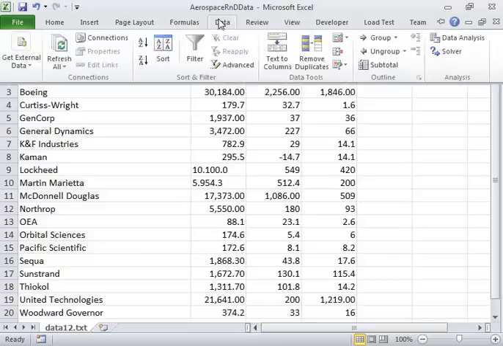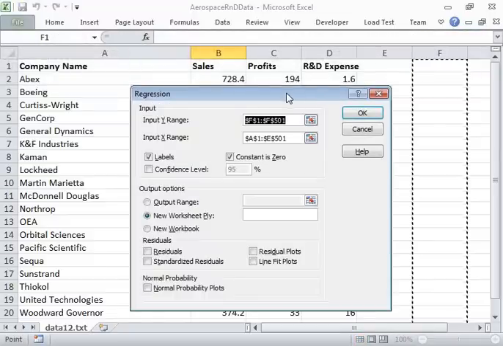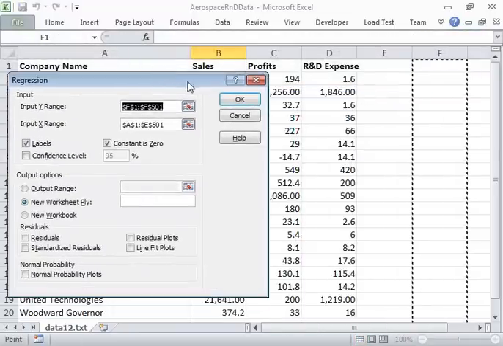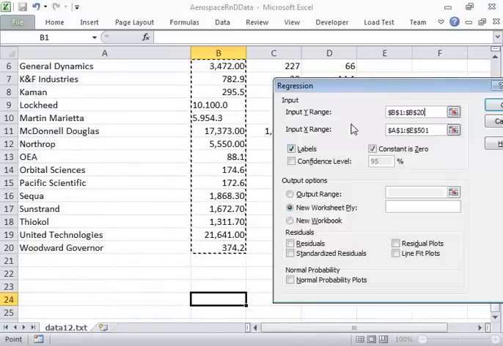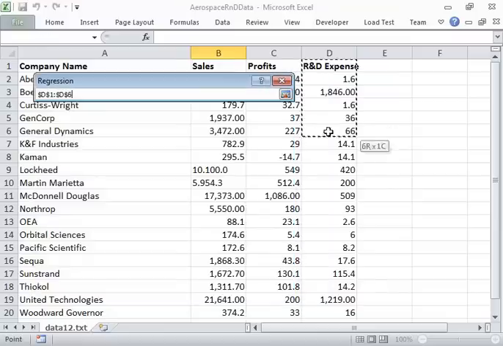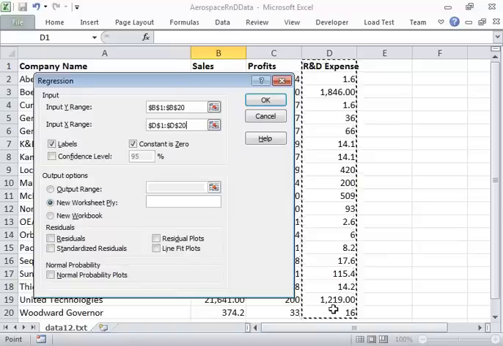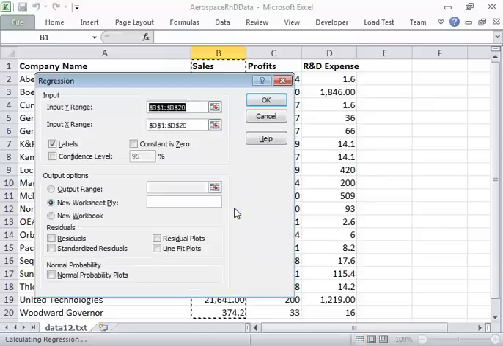So first, let's do our regression. In this one, we were told what to use as our X and our Y. So our Y, or dependent variable, is our sales. And our X, or independent variable, is our R&D expense. So I have those both selected. I have labels selected. And it didn't like it because it says it has